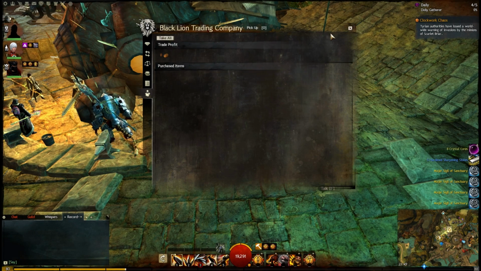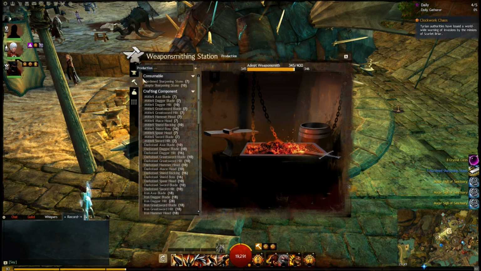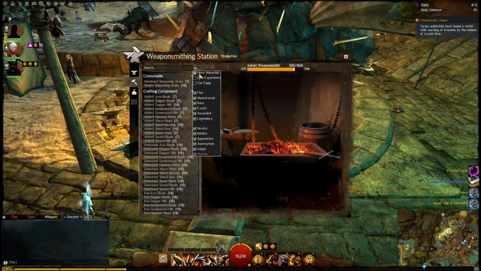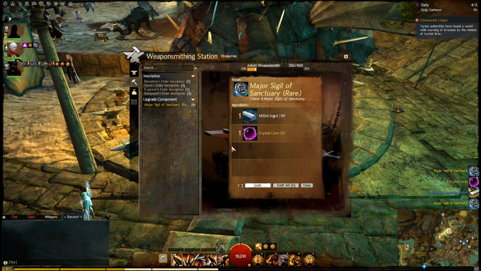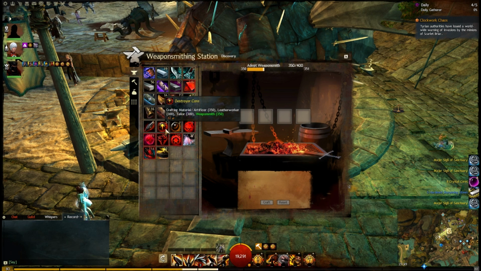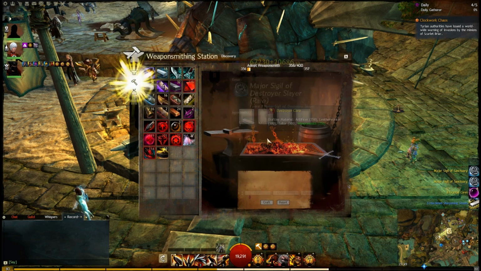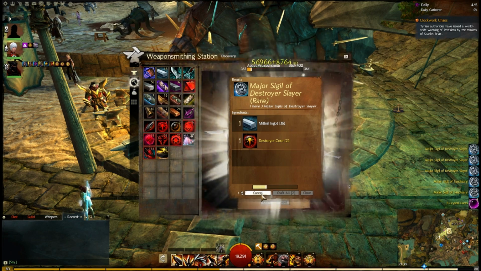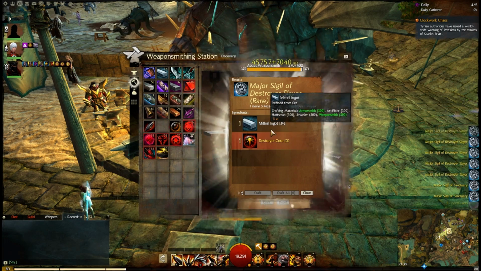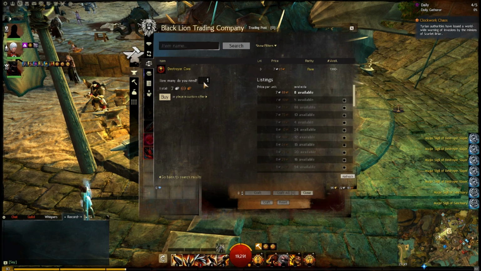This guy still hasn't spawned. He's still an empty space. Production, have materials and gain experience. Let's make another sigil and another sigil. Perfect. Now we should be able to use destroyer, I believe. I'm going to have to buy some more of these as well. But that's fine. We're going to need another, I think it's another 3. I don't care about destroyer cores, so